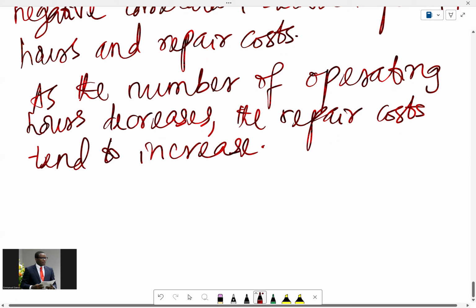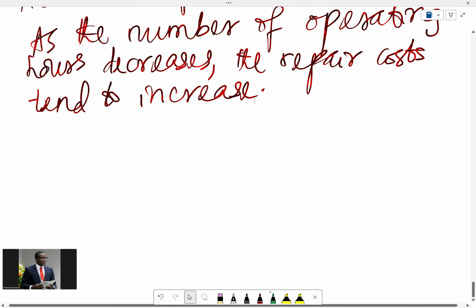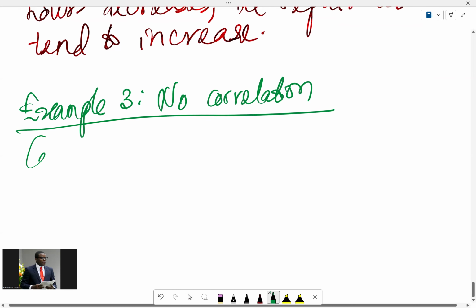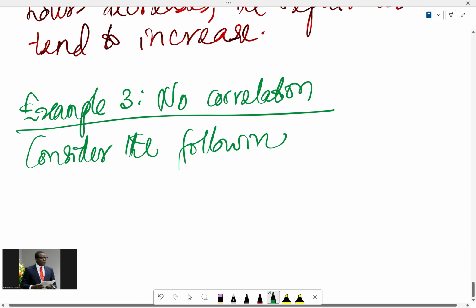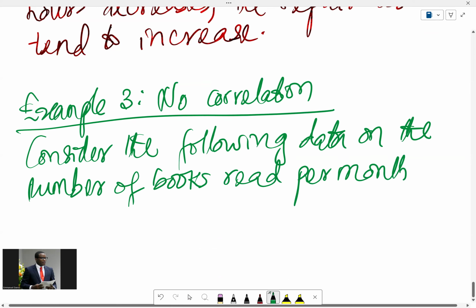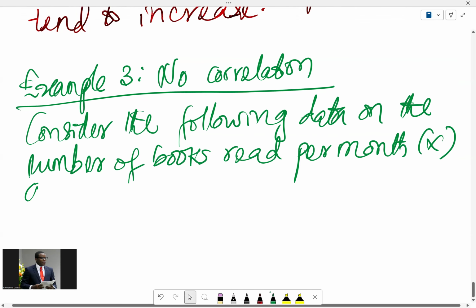Okay, so we can also have example three, a case of no correlation. Again, I'll just give the table. I won't go through the process because you can just follow what I did for the first one, but I'll give what the final answer is going to look like. So consider the following data on the number of books read per month, which is X, and